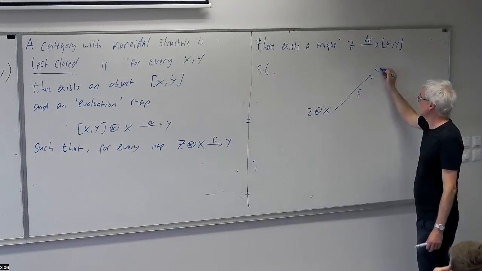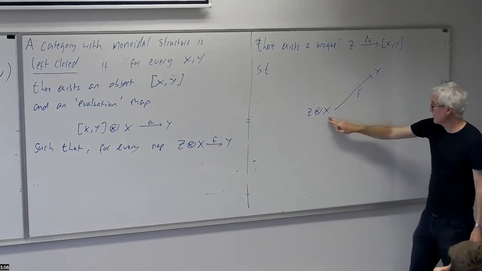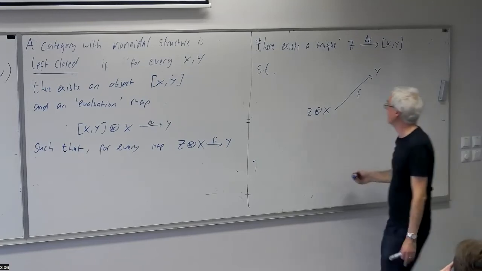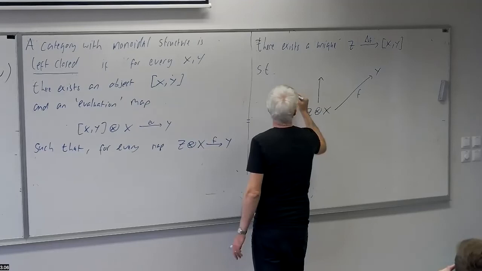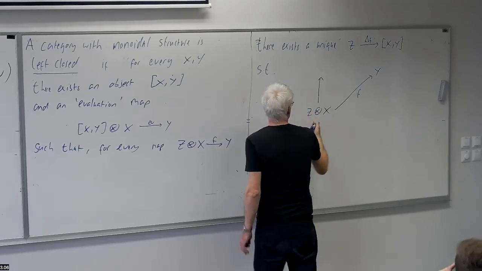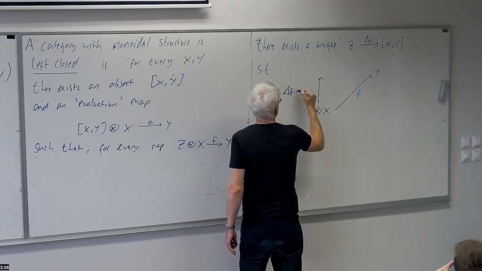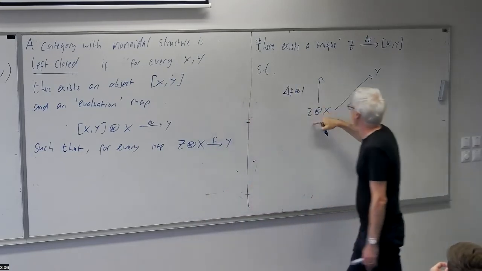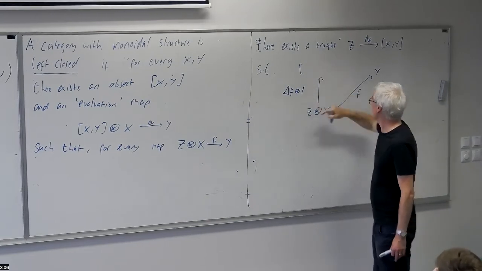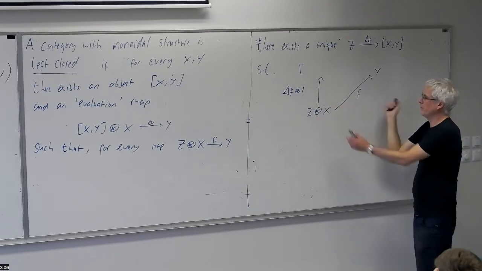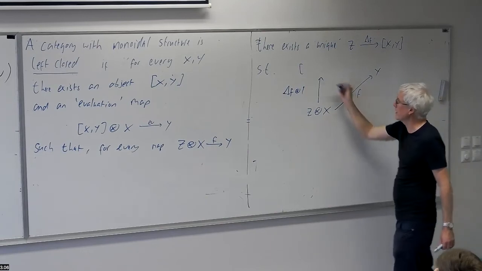F is our given function, which we think of as a function of two arguments that gives us back something in y. And we can get that function of two arguments by firstly taking an element of z and using it to get what the function does for that fixed value of z. We get f as a function of x, so that gives us